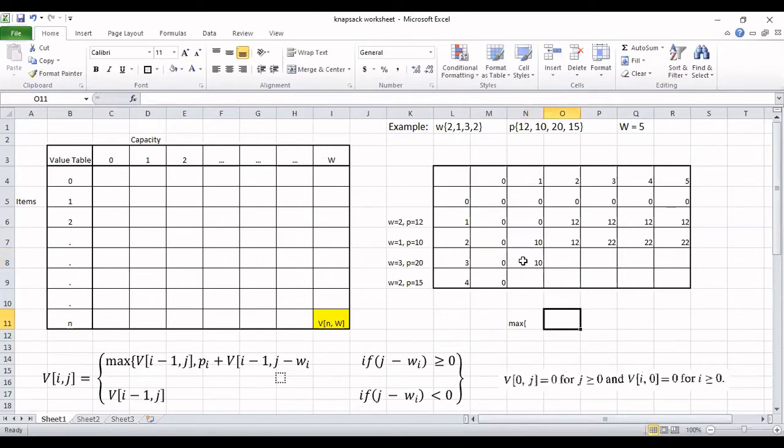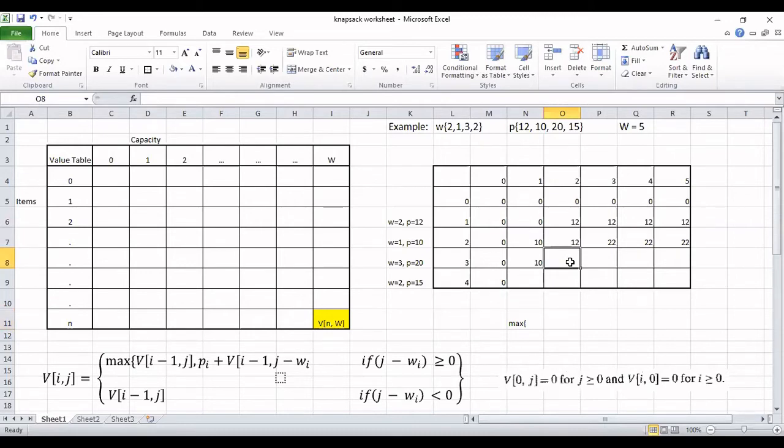The logical meaning of this is we can't accommodate this item. So we will leave the knapsack as it is. In the previous step, we have accommodated item 2, so the profit remains the same. Then how about the next cell?